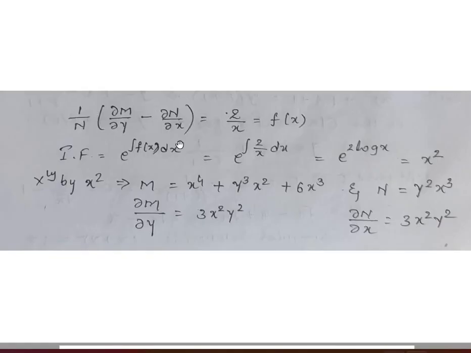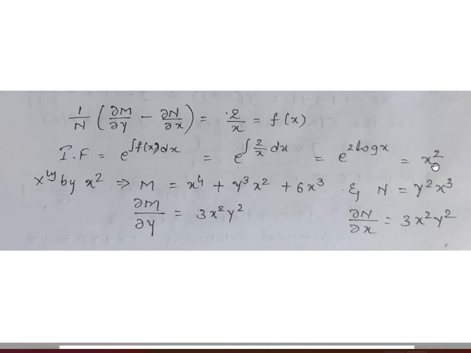Dividing by n, I got the value of 1 by n into del m by del y minus del n by del x as 2 by x, which is nothing but f of x, function of x. Find the integrating factor. Integrating factor is e power integral of f of x dx. E power integral of 2 by x dx is nothing but e power 2 log x, which is equal to